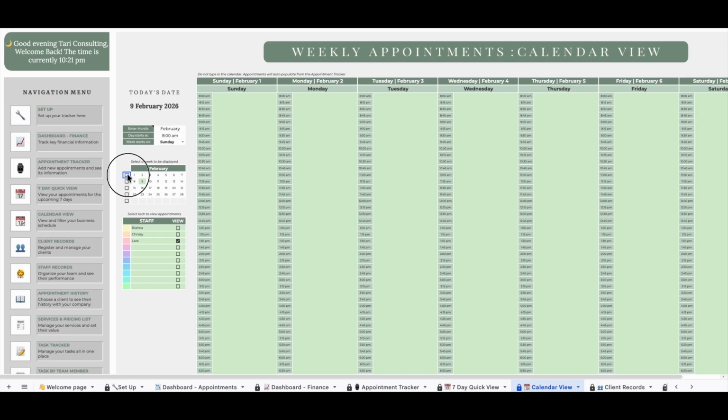We'll go back to the 9th because we know that we have bookings on the 9th. And as I said, it is super important that you include yourself on the staff records tab, even if you are a solopreneur using the system, because this calendar view requires you to select a member of staff. So here we've selected Lara, and it's showing us that between 5 p.m. and 5:45 p.m. Lara actually has